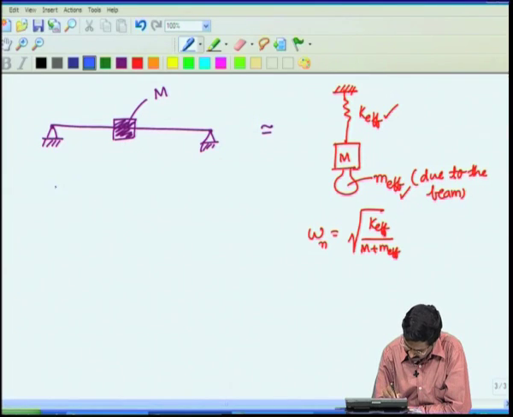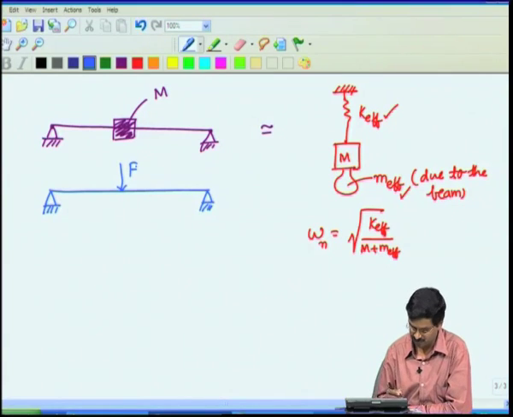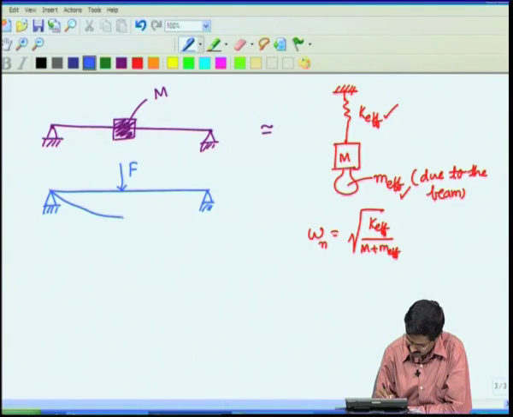If I were to have this beam, that we have already discussed, we are doing it again. If there is a hinged beam with a force F acting here, whatever that force is, when it deflects like this, the deflection, if I call that delta, is given by F times L cube divided by 48 EI, where L is the length of the beam,